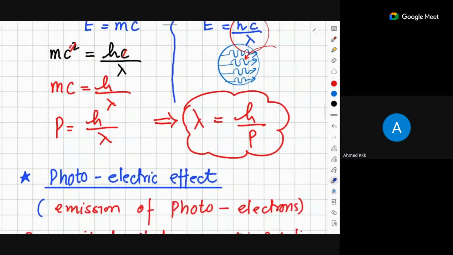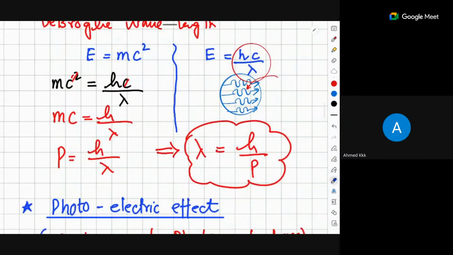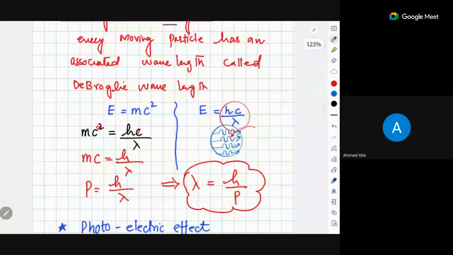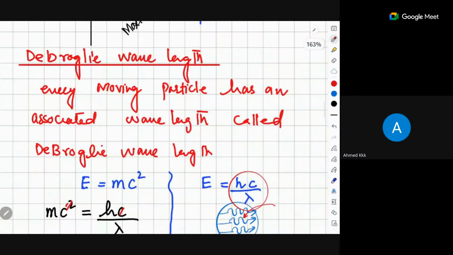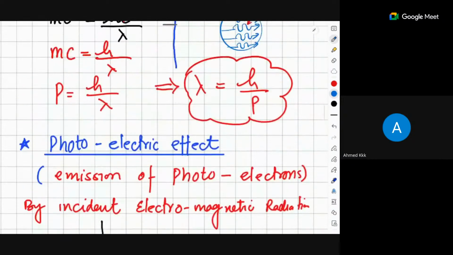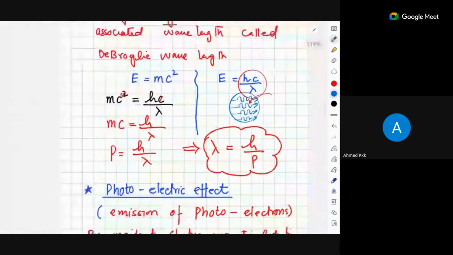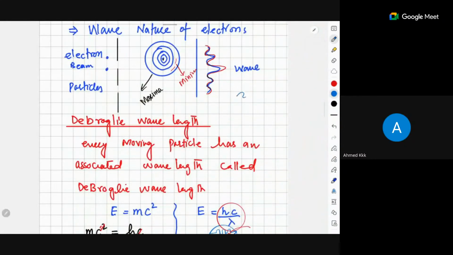And here we can consider that, yes, if we have the de Broglie wavelength, you can define the de Broglie wavelength in this line: the wave associated with a moving particle is called de Broglie wavelength. It's a very simple concept. Can extend this just for a while. For example, if I say that I want to calculate the wavelength associated with an electron, so lambda is equal to h divided by momentum of that.